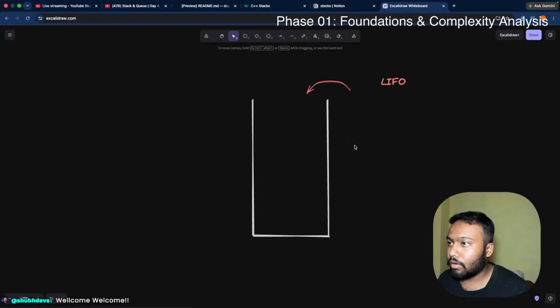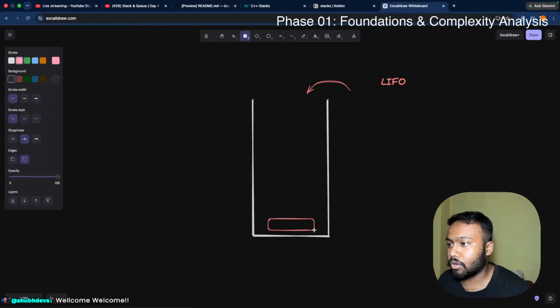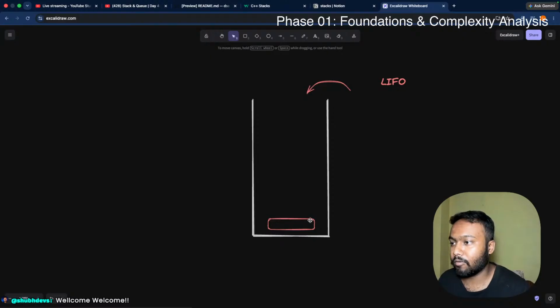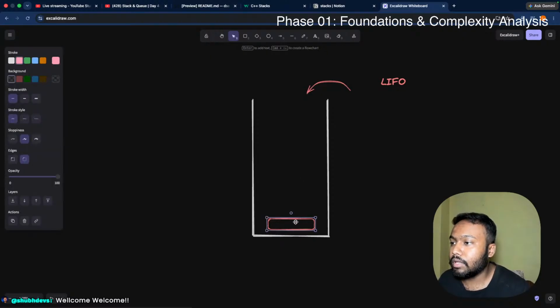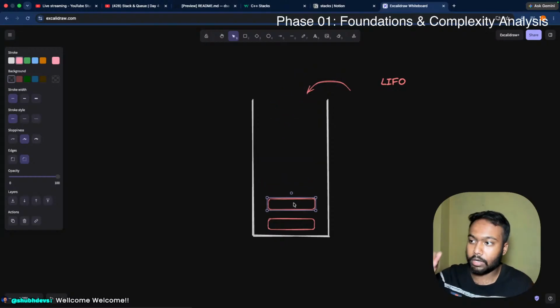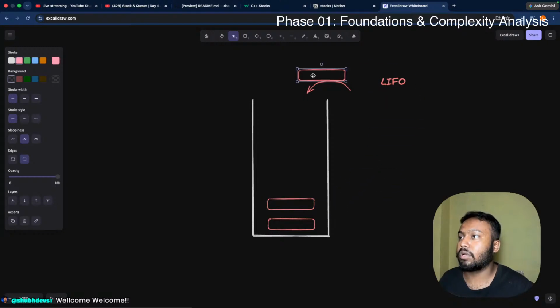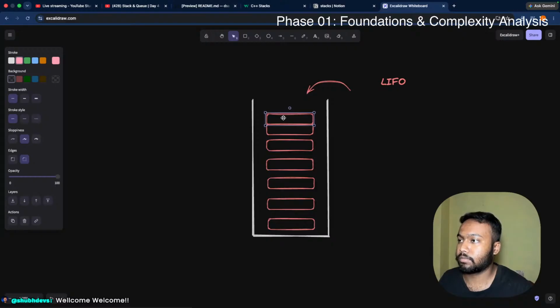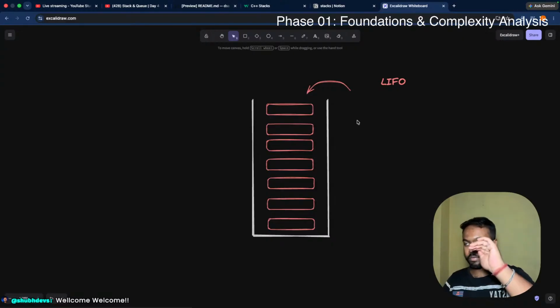So we will add the first book. Just imagine this is a stack of books. Then if we want to add another book, we will add it like this, so it goes at the top of that one. Then another book again at the top of it. So on and so forth, we will start adding the books